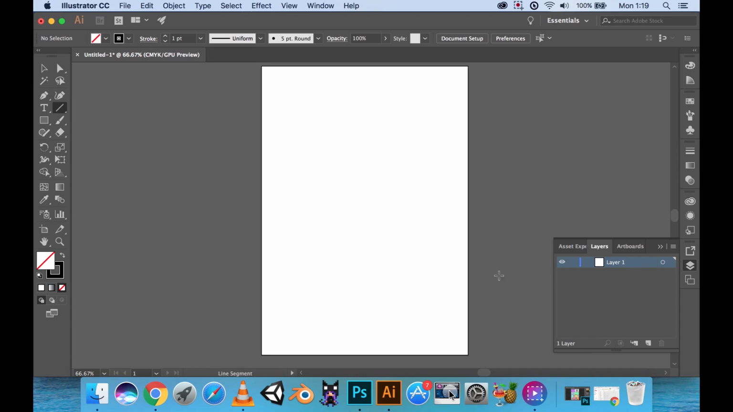Now, if you have no idea what that means, basically what Photoshop does is it uses a bunch of pixels to create its images, and that means there is a limit to how far you can zoom in before you see the individual pixels. That also means it is a lot harder to scale before your images dip in quality. Now, the difference with Illustrator is that Illustrator uses vector graphics, meaning